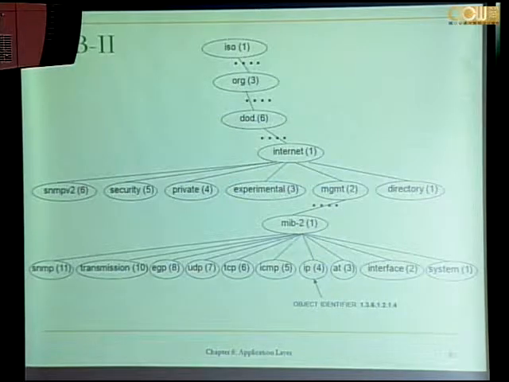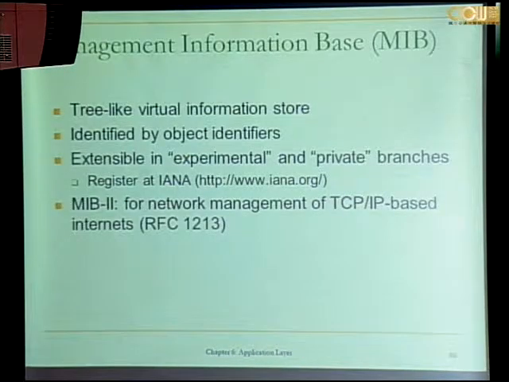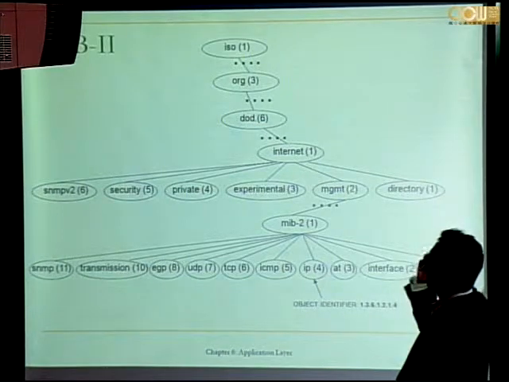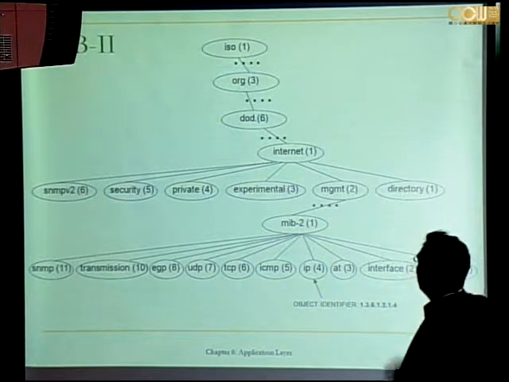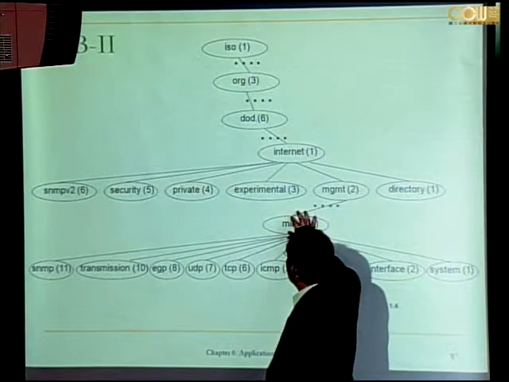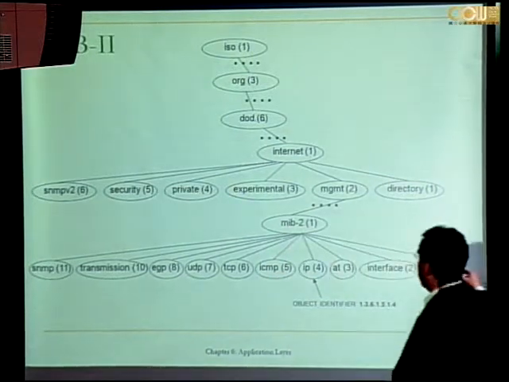There's MIB1 and MIB2. And MIB2 is commonly used as a part of the standard information base that should be supported by a managed device, a device being managed. Okay, so you have a MIB3, something like this, and here the MIB2 has 9 categories